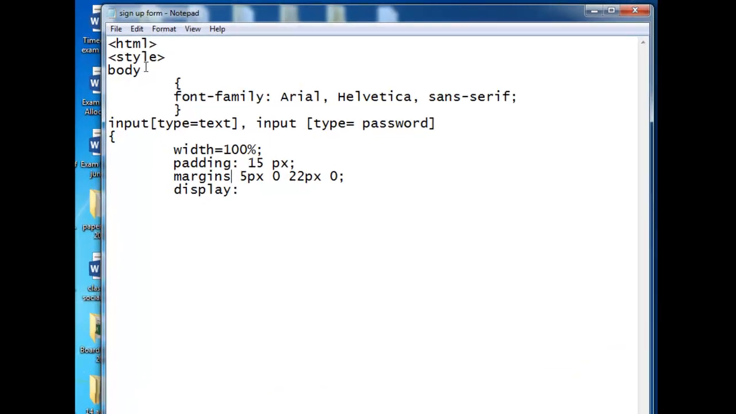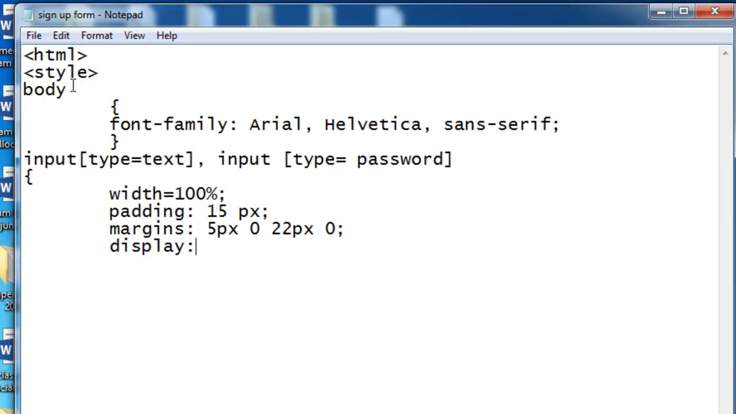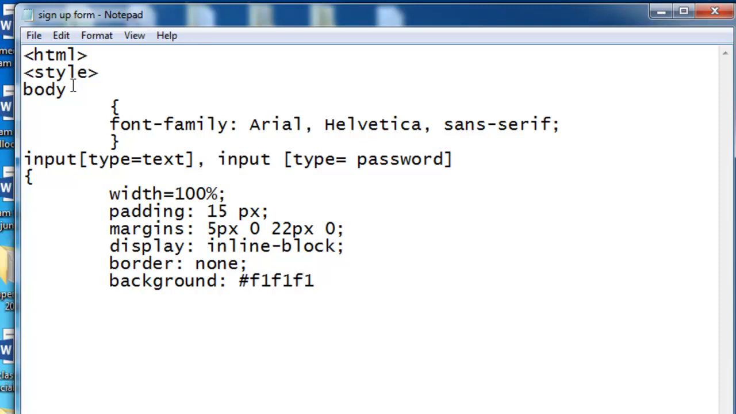display will be inline-block. Border will be none, and I have to give it a background color. Background, you can give it any color. I'm writing a color code here. This is a color code for background. Now